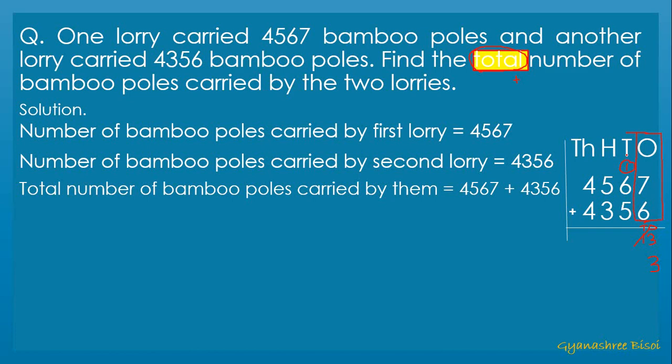Now, look at the digits below tens place. Now, we will add the digits that are below tens place. 1 plus 6 equals 7. Then 7 plus 5 equals how much? 7 plus 5 equals 12. Now 12 cannot be written below tens place. Two digits we cannot write below a single place.